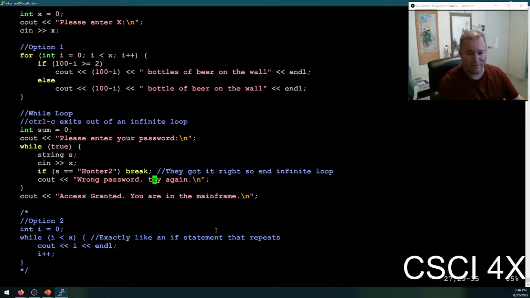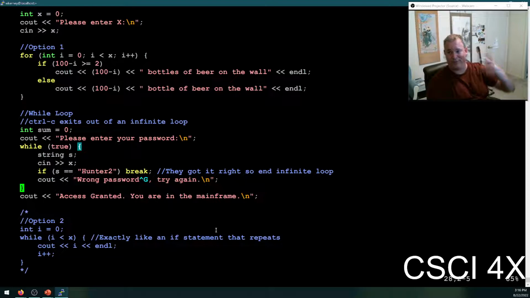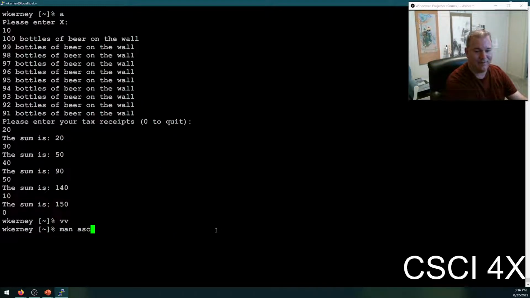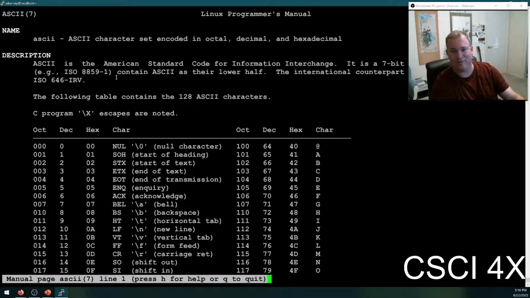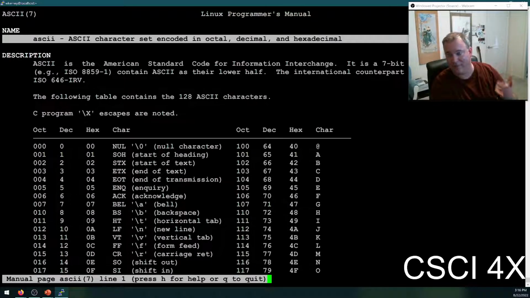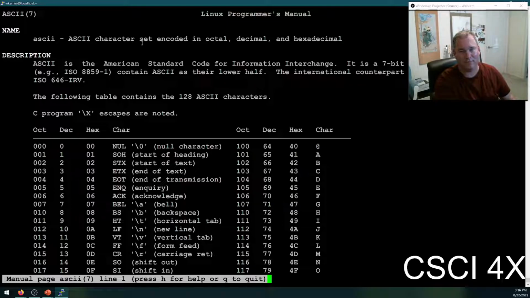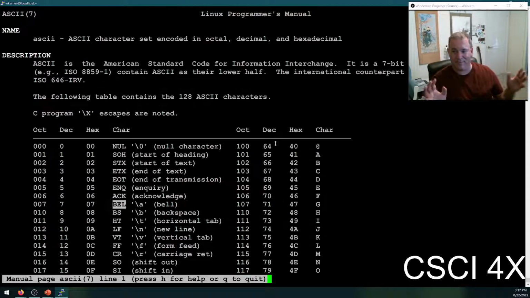I can add a beep character here. I have beeps disabled, but if you want, there is such a thing called beep in the ASCII table, which is the standard character encoding set for America, which is also kind of standard for the world because we sort of invented the internet. There's actually a special character for beeping, and that's because back in the teletype days, it